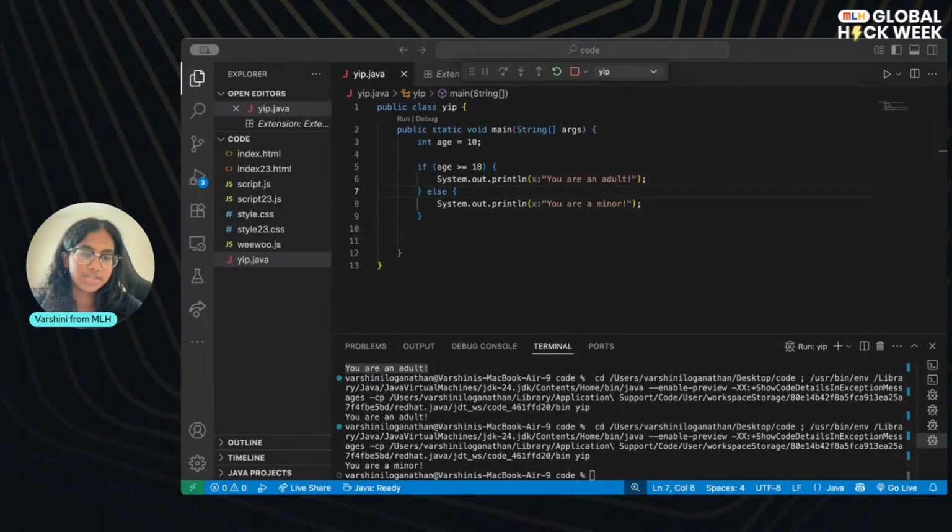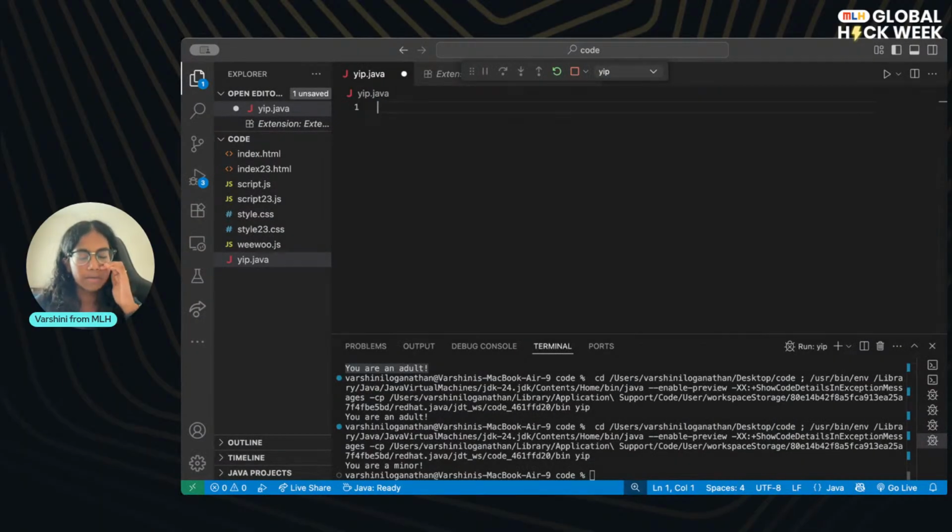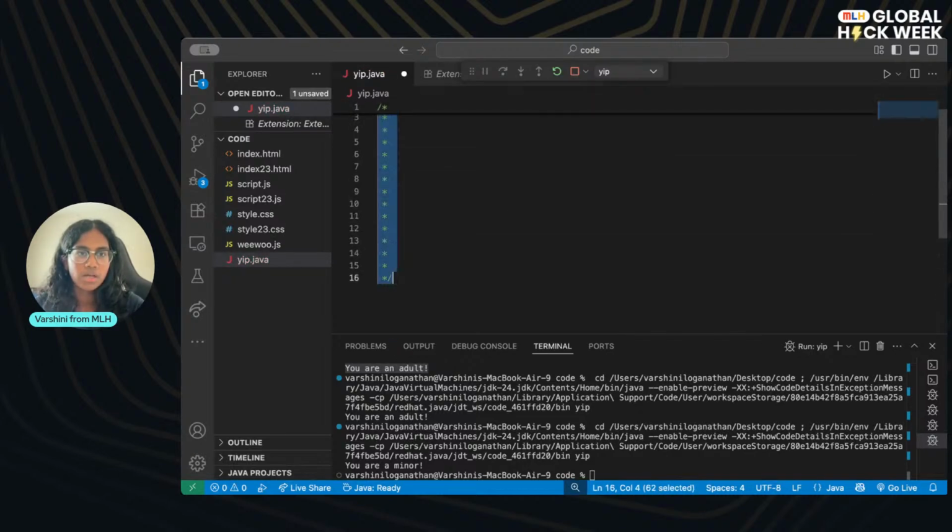Those are the three main ones. So I'm going to do just an example again. I'm going to do it in comments because it's starting to annoy me. I think this is the multi-line comment. Yeah. Oh, let me show you how I did that.